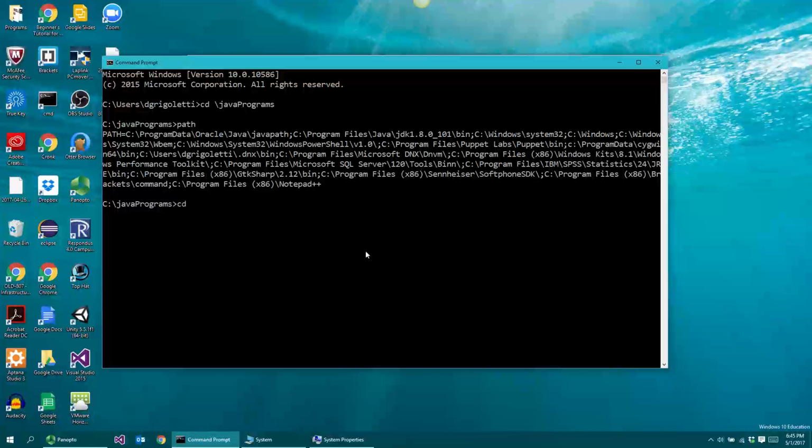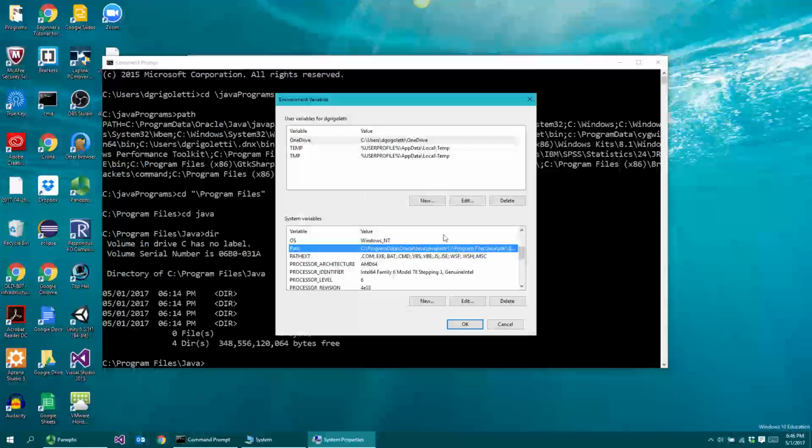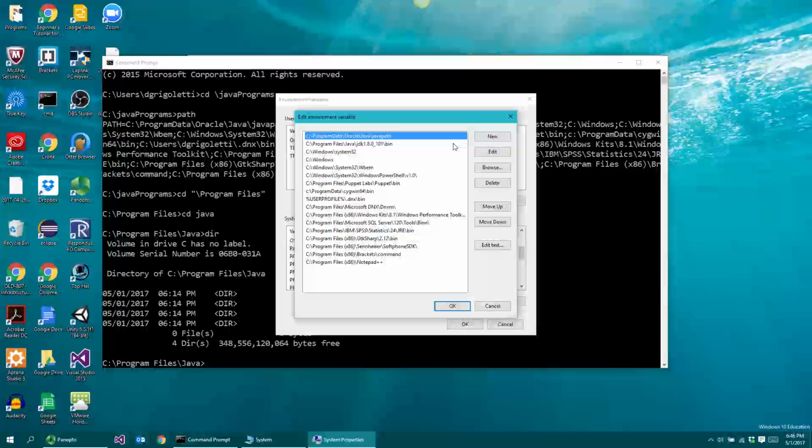And to find out what that folder is, I would have to go into the Program Files folder, and then go into Java, and then type in dir, and you can see that it's JDK 1.8.0_131. So when I go back to this and I want to edit the path, you just double click on it and it gives you a nice layout here where it shows you every single search path,